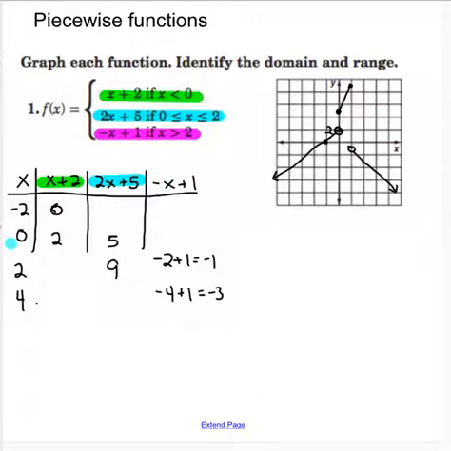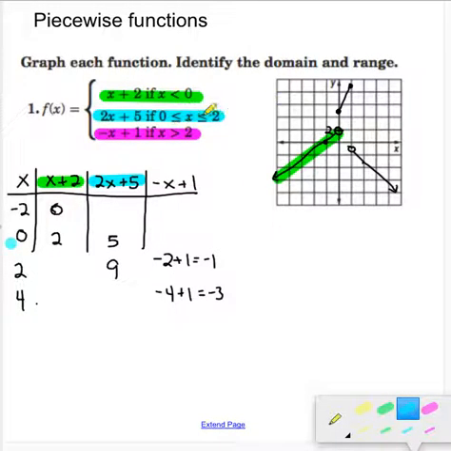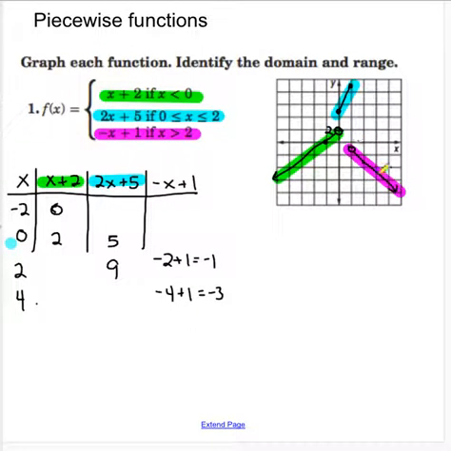I have the part for when x is less than 0 here. I've got the part for including between 0 and 2, right, inclusive. And I've got this part for x is greater than 2. So those are the graph. So let's consider the domain and range for this. So the domain